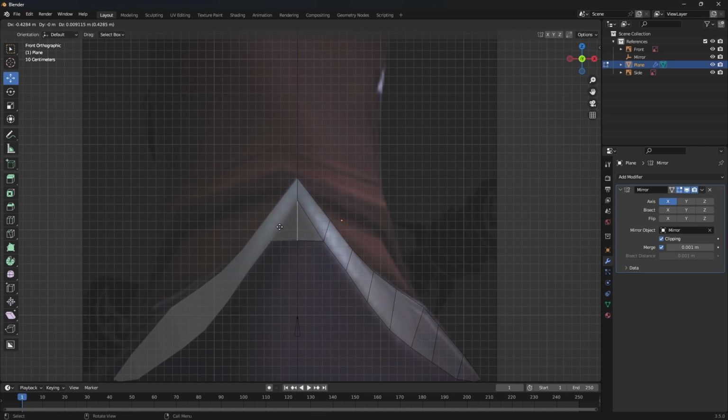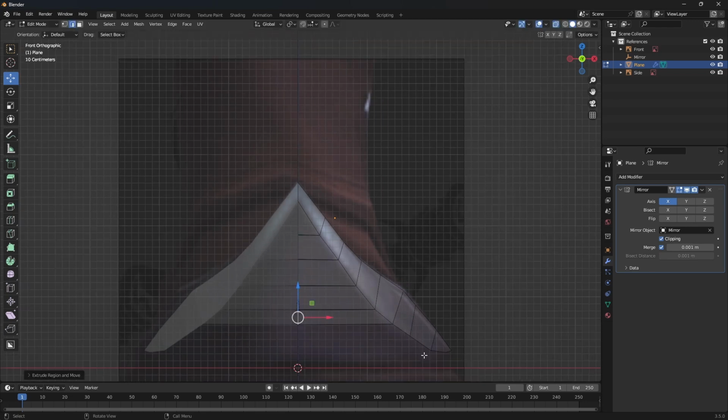And because we turn on clipping, where it hits the center line, it won't pass through. It'll just meet the other one. So we'll do the same thing, E for extend, bring it on over, and it meets. E for extend, and we're just sort of making the front. And it doesn't have to be perfect. You notice there's some gaps between each of these at the top and the bottom. We'll deal with those in just a moment. Right now we're just extending our edges, making these planes as they come across the front here, and then they meet at the center with their